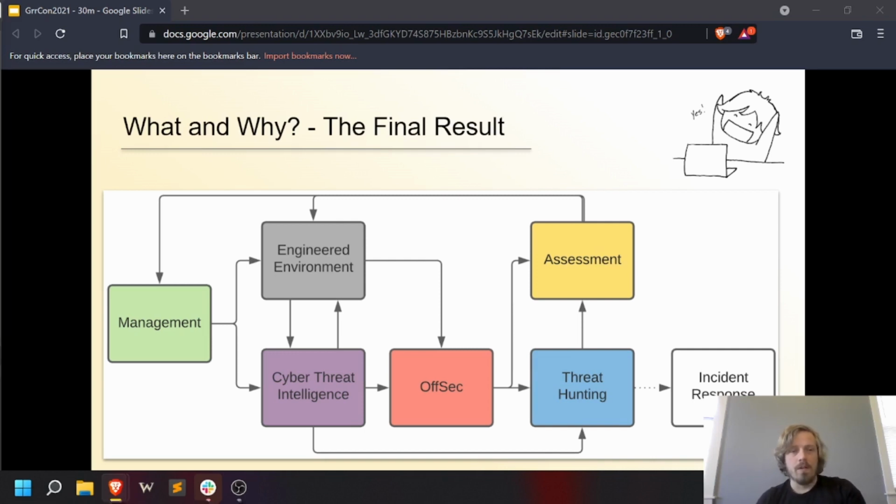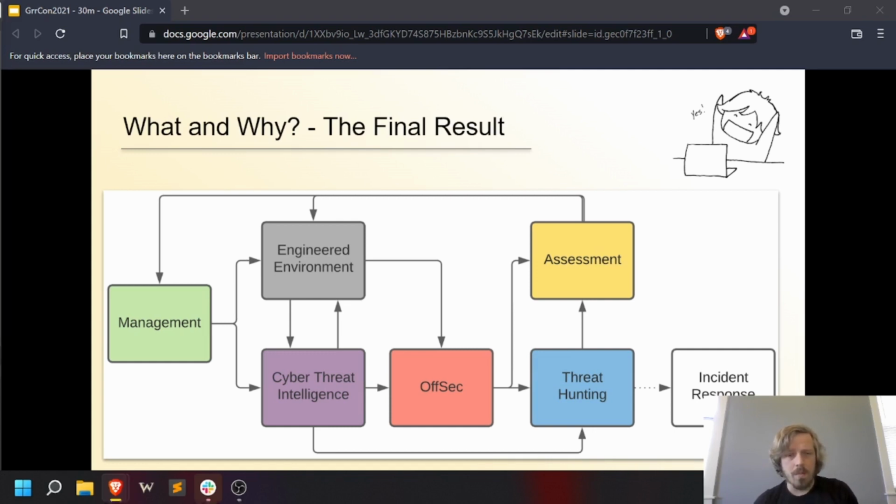From there, we go to offsec, where we actually spend some time recreating the activity that we just researched in a lab environment, and then once it's finished being labbed out, we execute it in production. And this will put our previous engineering work to the test. After that, we move over to threat hunting, where we spend time looking for the various TTPs that were carved out during our intel research and the activity that we performed during emulation. There is an optional exit here for incident response in the rare event that it may be needed.